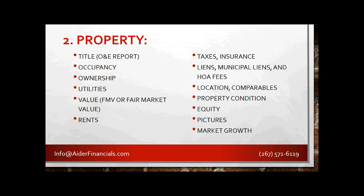This can be done by either requesting a BPO on it, where you could purchase a BPO, or you could also talk to a local realtor. You could just go on Zillow and put in the zip code, and that would give you a list of realtors in the area. So you can give them a call and say, hey, I'm looking at this property. I'm not going to purchase the property, but I'm looking into the mortgage on it, and we're looking for some long-term relationship with some realtors who may be able to help us